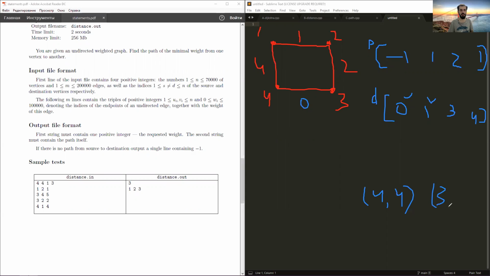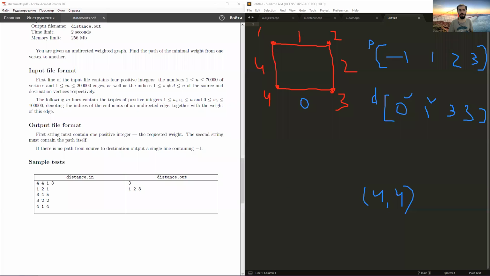Then while processing 3, 3, we would obtain the pair 3, 4, which means that the current distance to vertex 4 is now 3, and the parent will also change to 3. So we would insert another pair corresponding to vertex 4 into our priority queue. Then we would extract it as a minimum element. And once we do it,